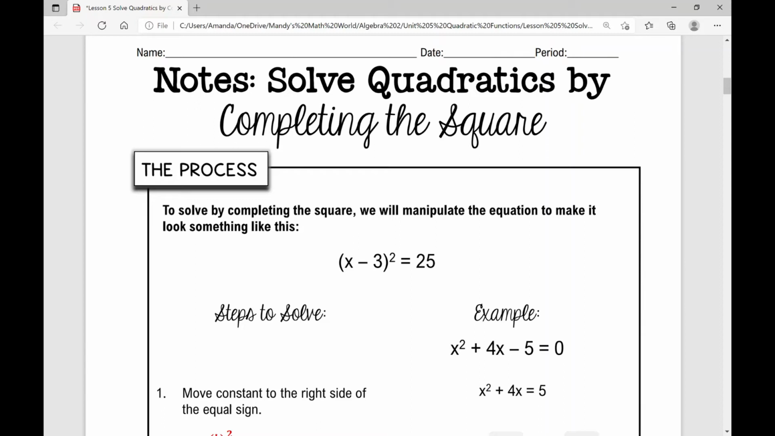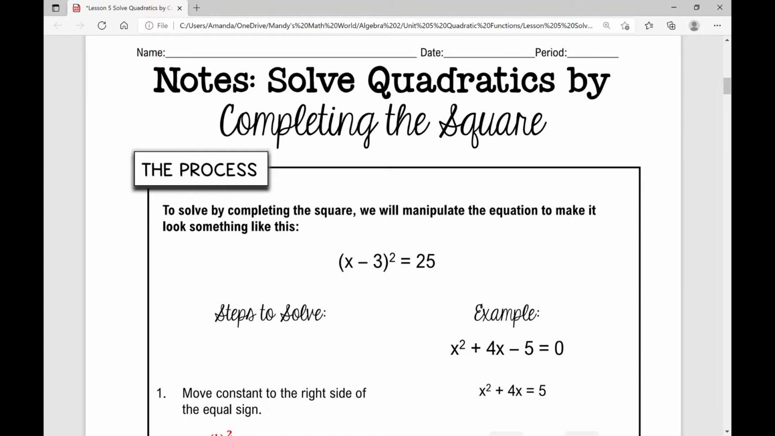In today's lesson, we're going to solve quadratics by completing the square. This is just another method that you can use to solve quadratics. It's not really my favorite method because there's a really long process, but I'm going to show you this process now. The main goal of completing the square is we're going to create a perfect square trinomial so that we